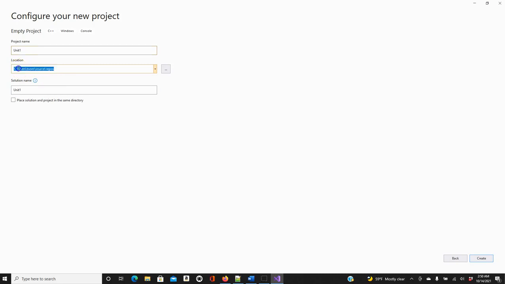This one here is very important. Most of your code will be in the unit 1 repo source folder. So this is mine, you can take yours. Okay, and then I click create,